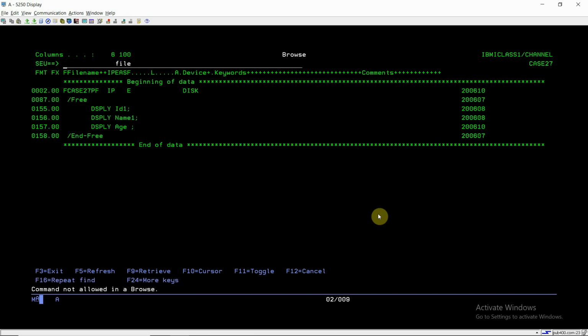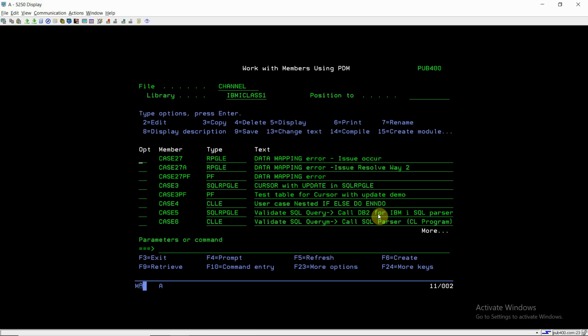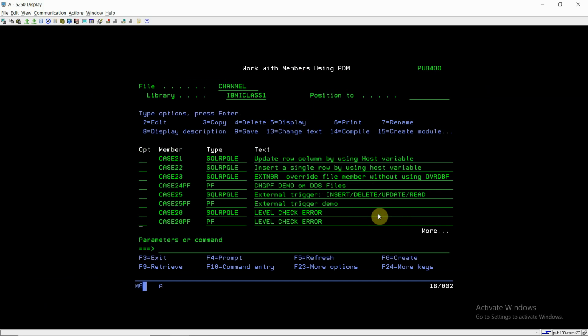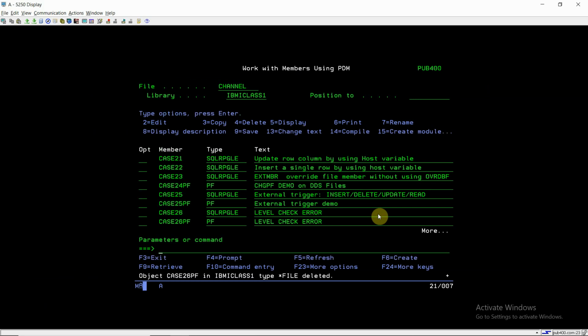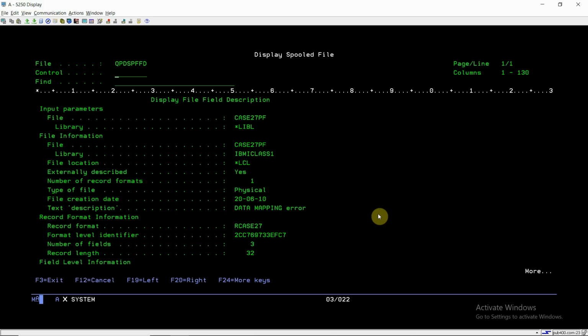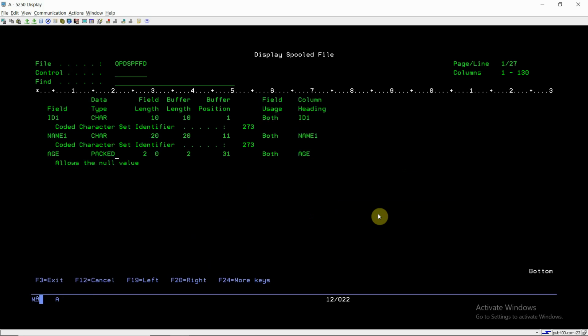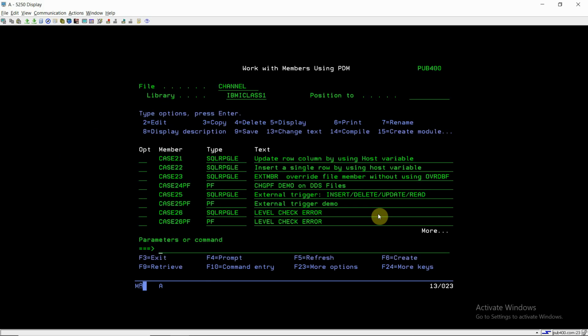So for example, I just compile this file, and the file is compiled. If I see the DSPFFD information of this file, case27pf, and I go page down, I can see these three fields, out of which for age I can see it allows a null value, so I can insert the null value in the age field, right?